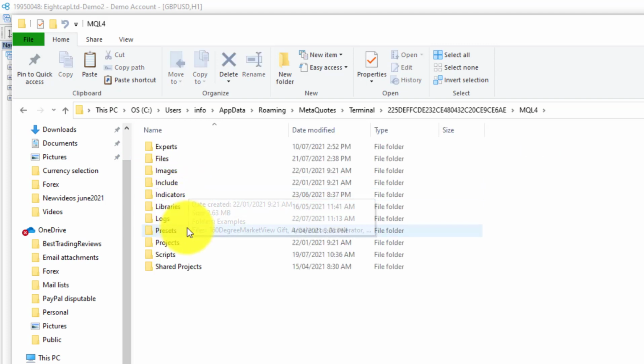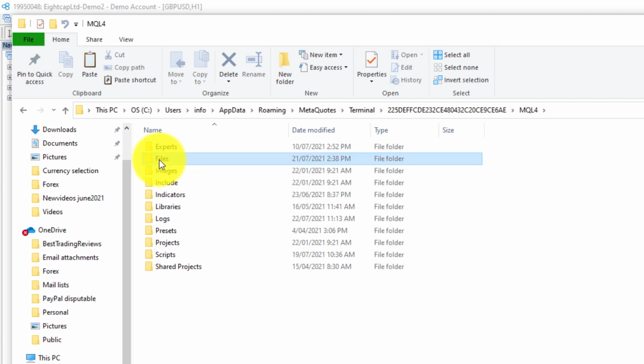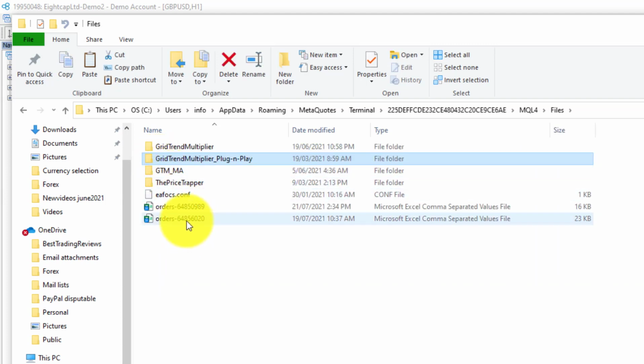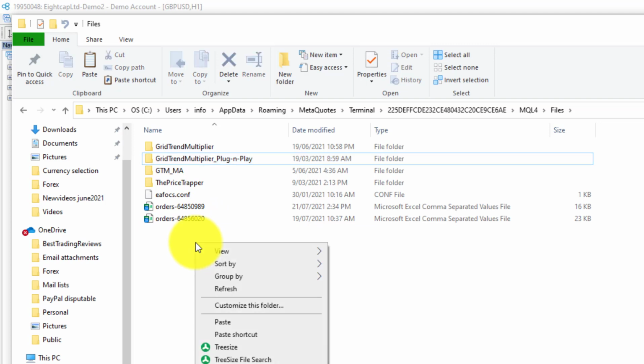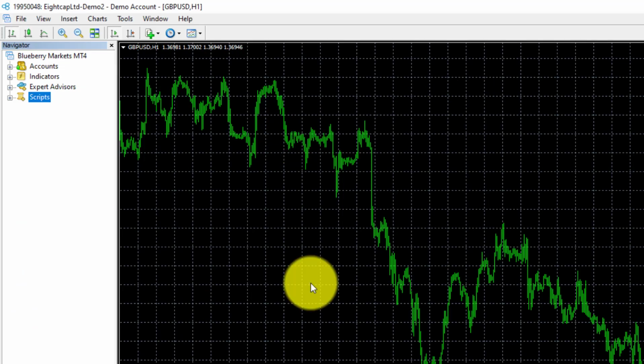Click on that. Now this is a file, so you have to load it into the file folder. I'll open the file folder. There it is already, because I've already loaded it in. But all you do is you right click and you paste it, and it will load into this file folder. And you'll see why you need to do that, because the script needs to read this particular file. So we're fine now. I can close this and we're back to our